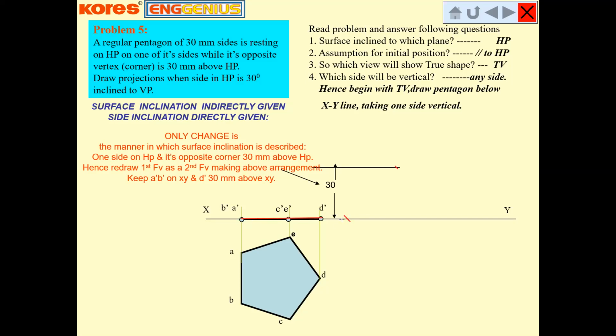So here now you are having the point A dash, here now you are having the point D dash, and join them. So this will be your front view, even if we don't have this surface inclination. Clear? By using this condition of 30 mm offset for the D dash point, we can complete the front view. Clear? So that's what we need to do in the second step.